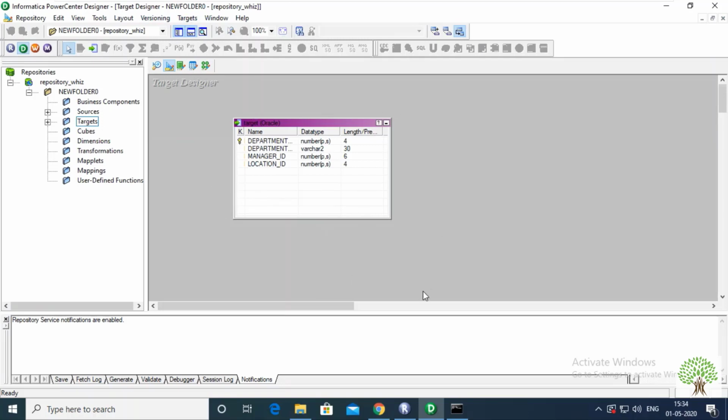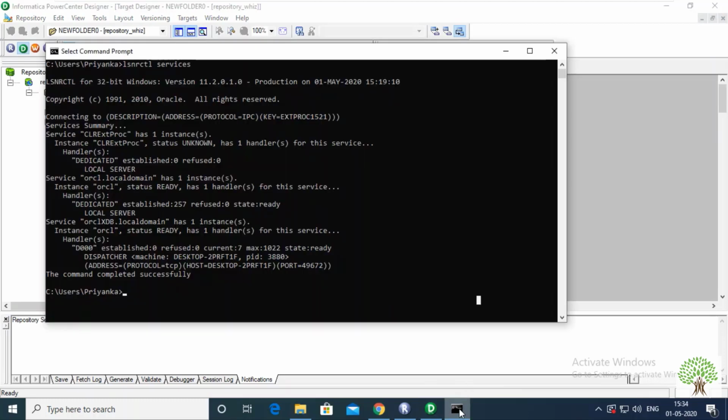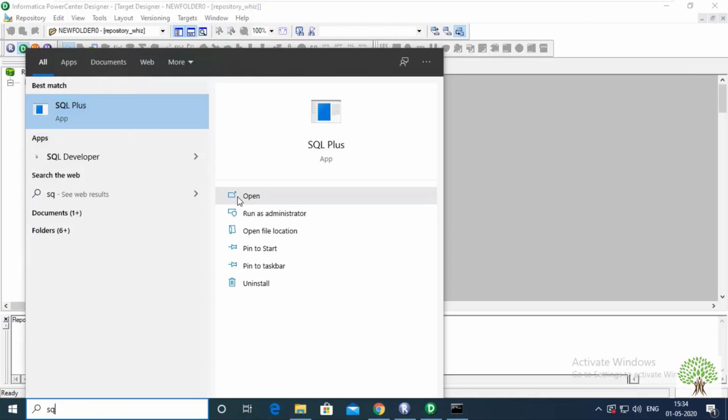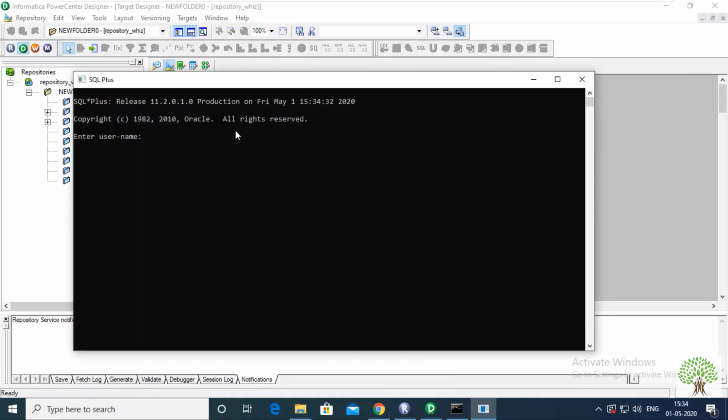To create this on the Oracle database, you just need to select a user where this table will be created. If I check the Oracle database, open SQL Plus, enter the system username as well as password, and now I'm connected.